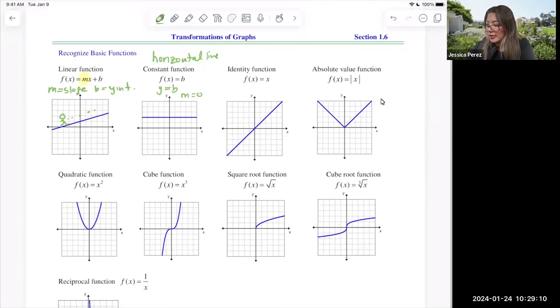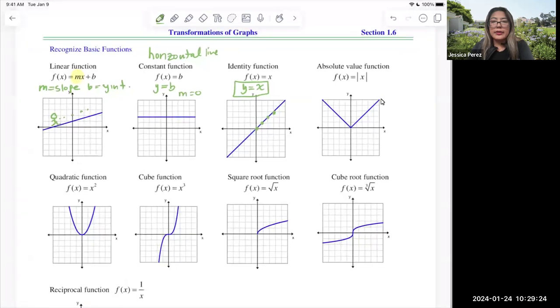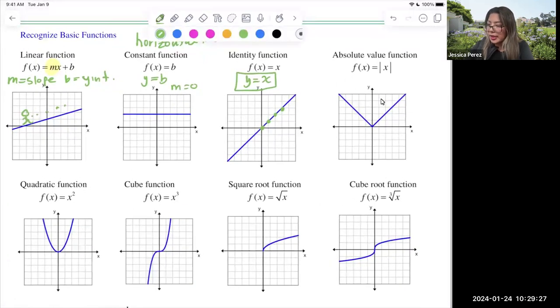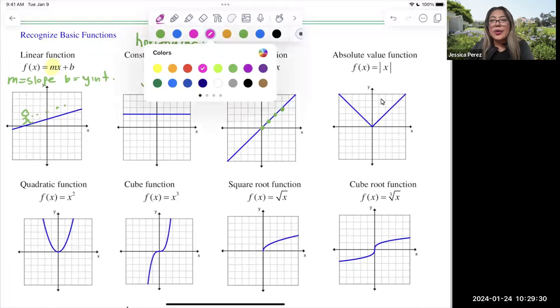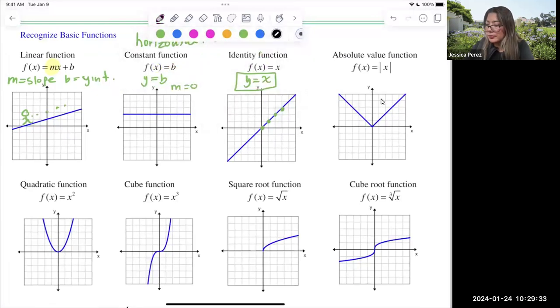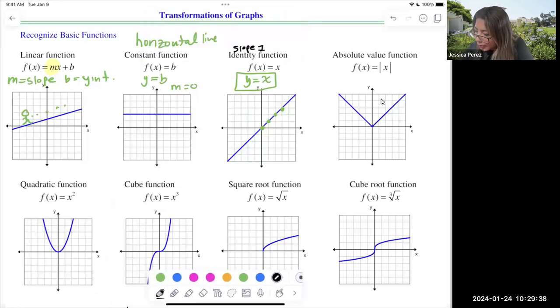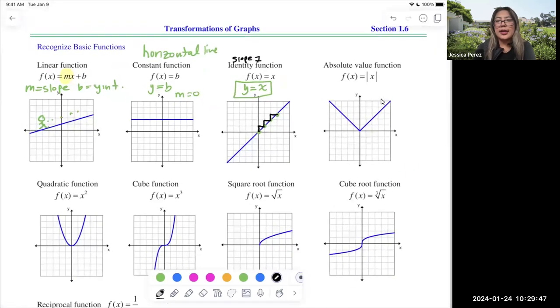We have the identity function, meaning that it's y equals x, that they're both the same. Both x and y are the same. So 0, 0, 1, 1, 2, 2, 3, 3. So the values of x and y are the same. That's what it's called, the identity function, but it's also a line with a slope of 1. See how rise and run, rise 1, it's always 1. So for the identity function, your slope is 1, and your points are symmetrical, 1, 1, 2, 2, 3, 3, 4,